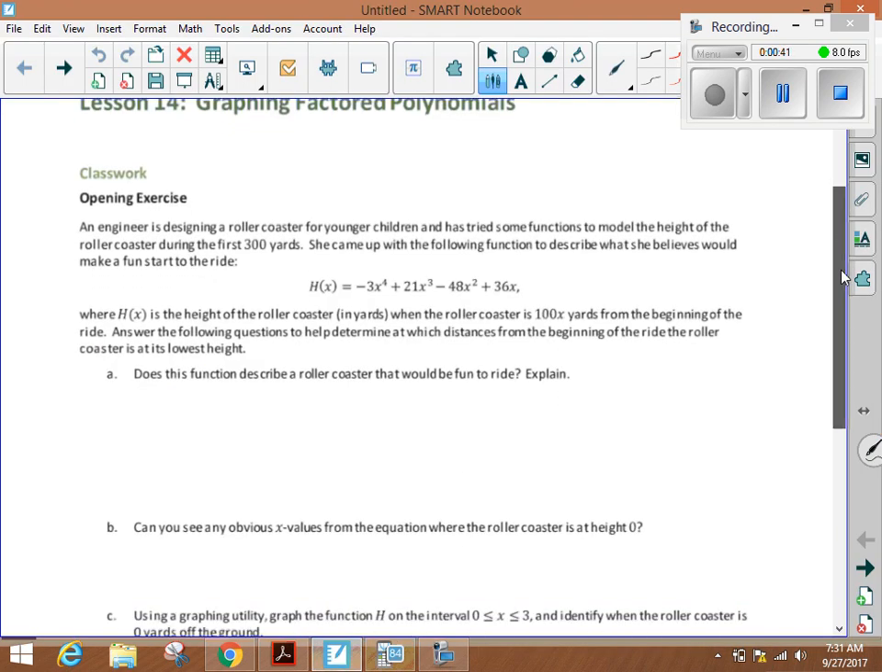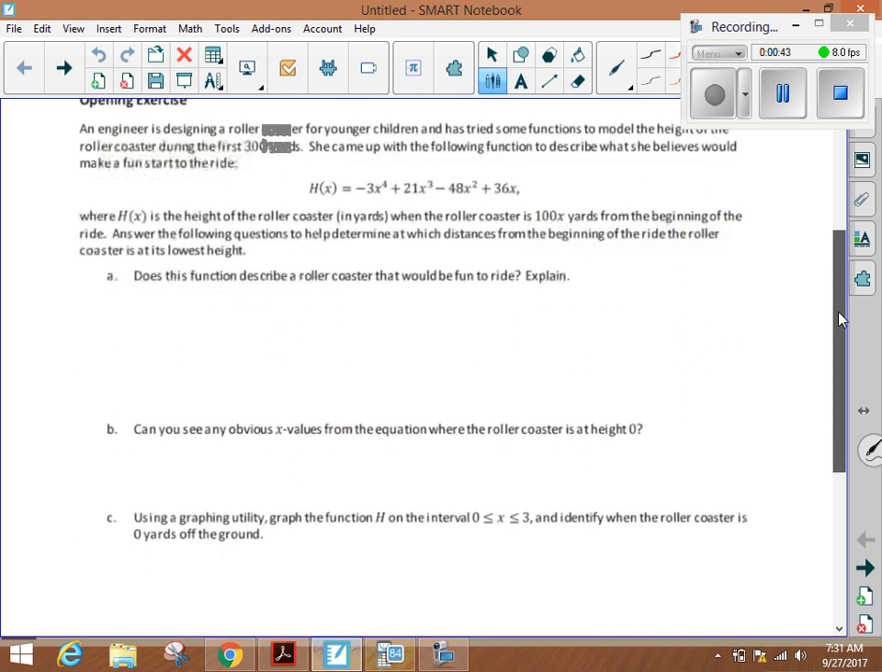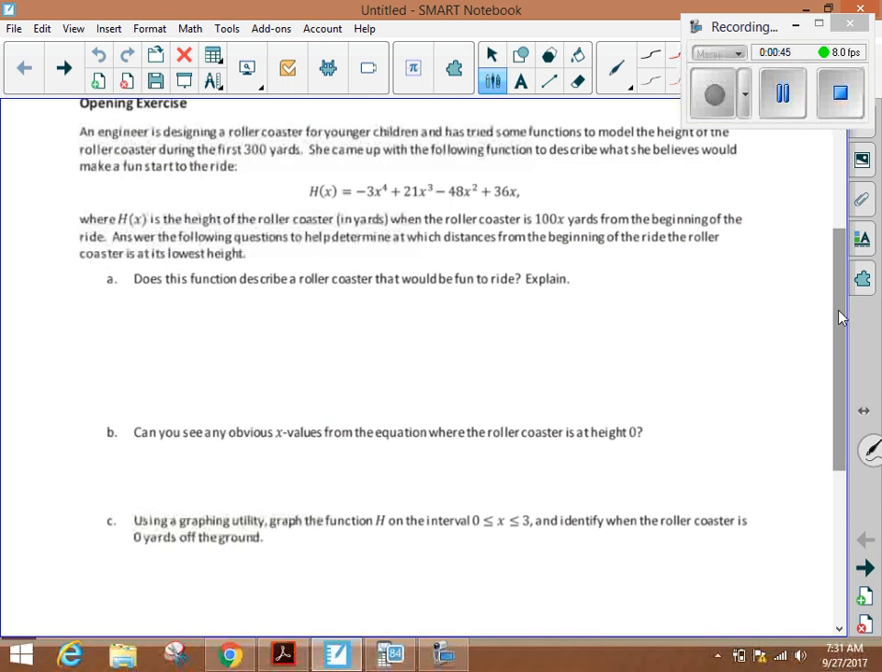All right, so this problem has an engineer designing a roller coaster for younger children. I don't know why. If we look at the graph of the roller coaster, it looks terrifying. So I don't think you want to put your younger child on it. But anyways,